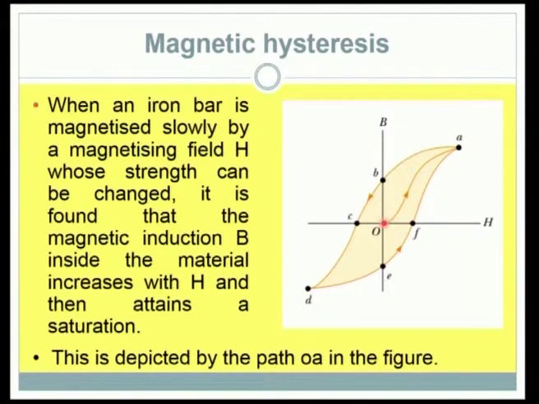When the material is not magnetized originally, it starts from the origin (0, 0) because there is no magnetic induction found in the material and the magnetizing field is also 0. We should have the facility to vary the magnetizing field. This kind of experimental observation can be done with a ring called Rowland's ring, which is nothing but a toroidal